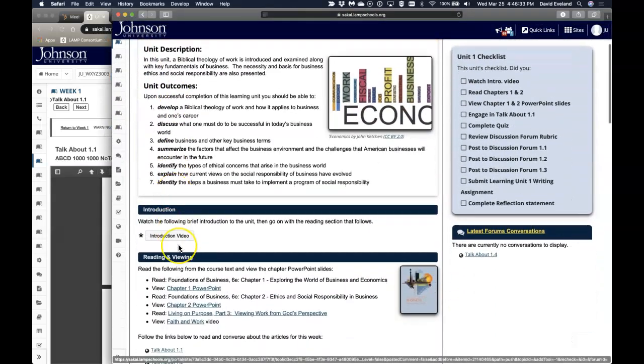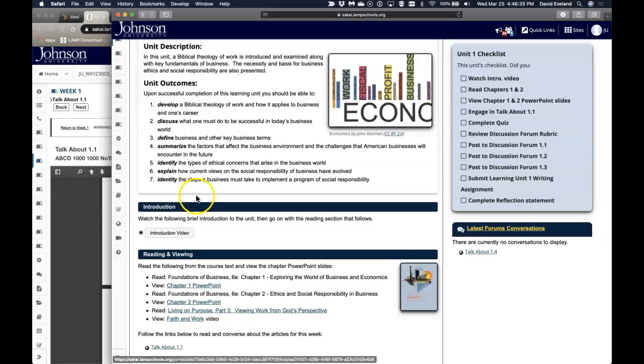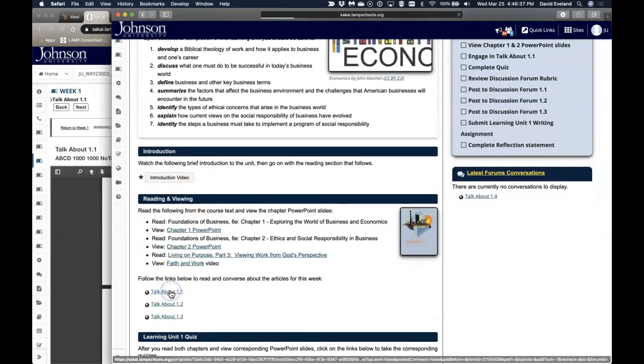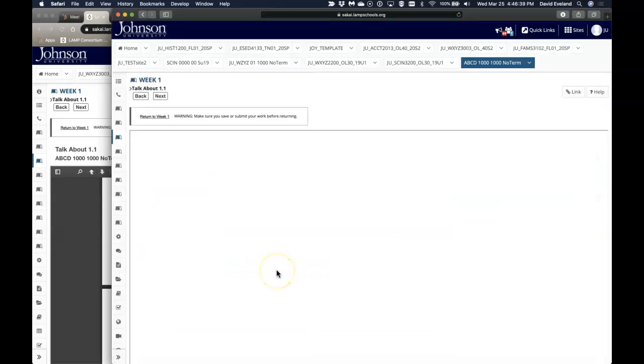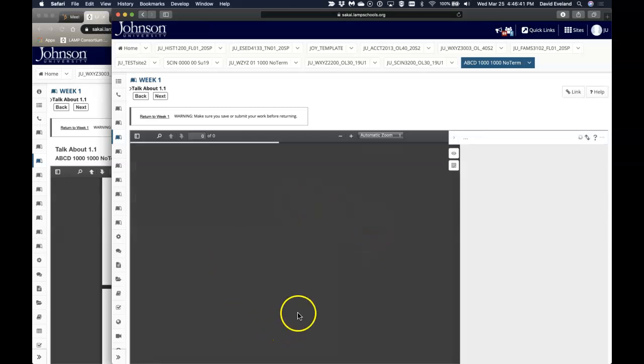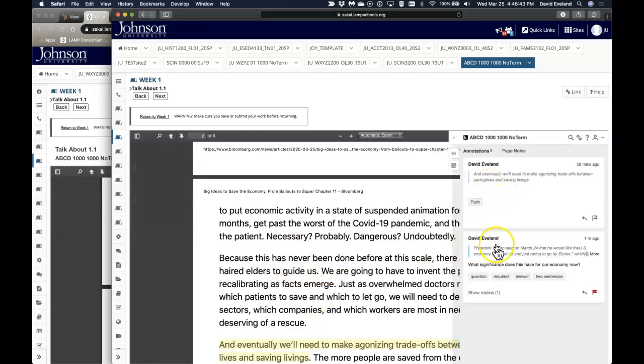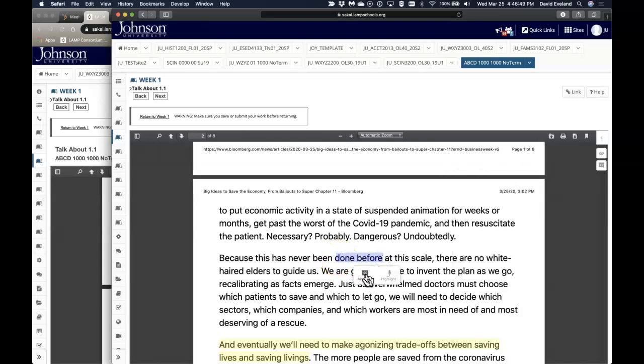And then in the course, I'm going to go to the same document, that Talk About 1.1. Here you can see that as the student loads the page, they're going to see that same document come up here in the center section, and they can go through and they can annotate things. So for example, I could, as the student, highlight this, and I could use the pop-up to either annotate or